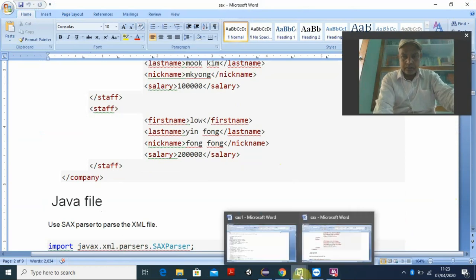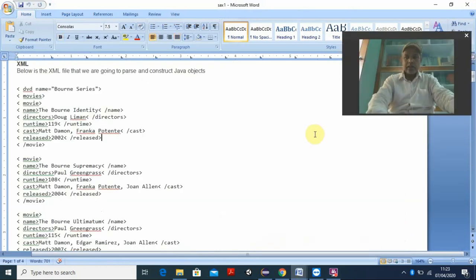I open the sax1 file. Actually, I have taken the reference from Edureka, so we should acknowledge that. This program that I am going to explain, I have taken the reference from Edureka, and two students, Jaivir as well as Tanmay, also helped. Jaivir contributed a lot, because while running this program some error was there, and he solved that problem also. Okay, thanks to them.